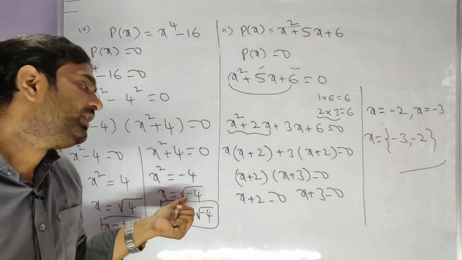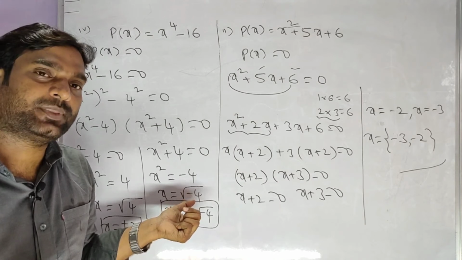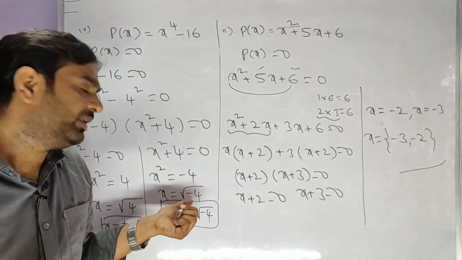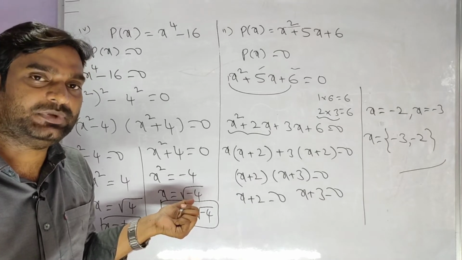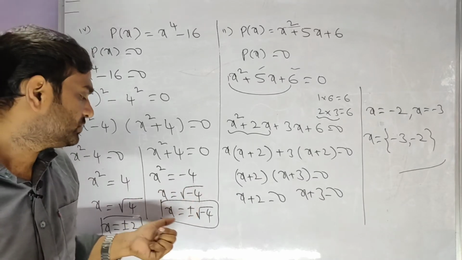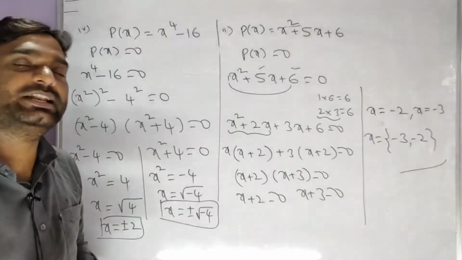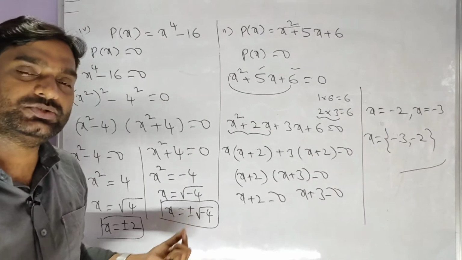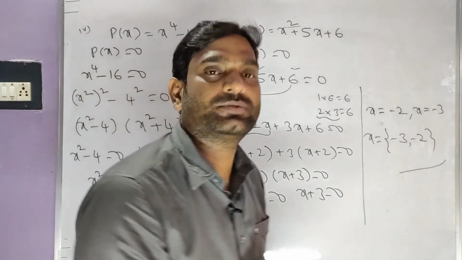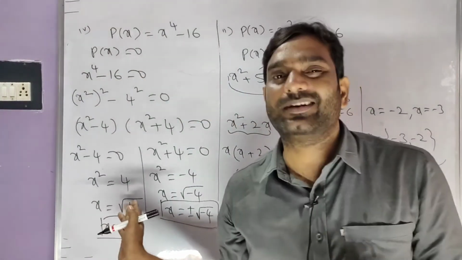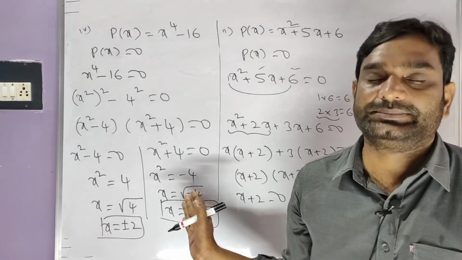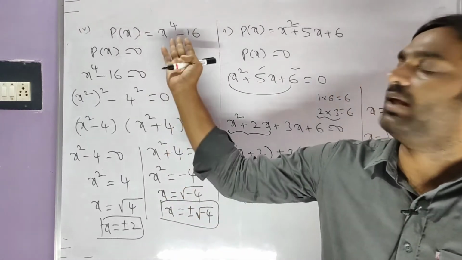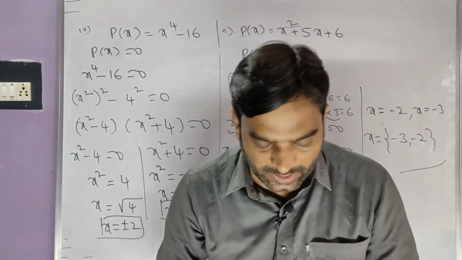Here in this root we have the negative term, so we will not get an exact real number. So x is equal to plus or minus root minus 4. Here we got 2 zeros, here also we got 2 zeros. Totally we got 4 zeros. Those are real roots, and here not real roots, imaginary. This is the process to find the zeros of a given polynomial.